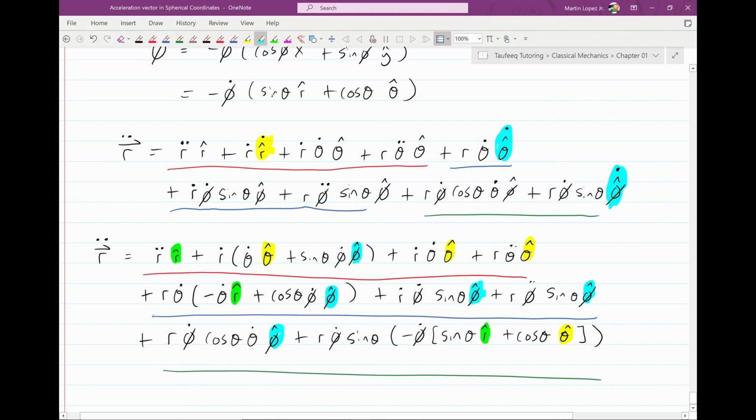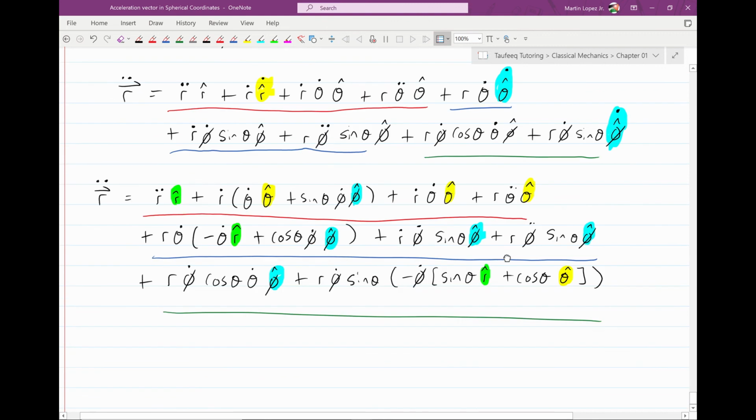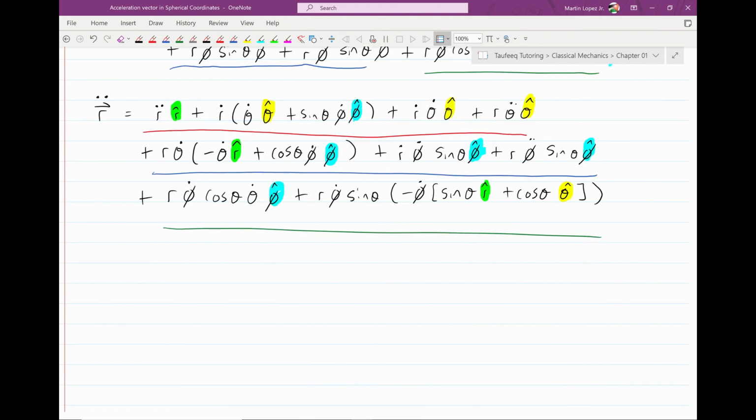Some of these terms will combine, so don't worry that there's so many. Great. So let's move on and fix this mess. So r double dot is equal to, I'm going to factor out the r hat from each term. So this is r double dot